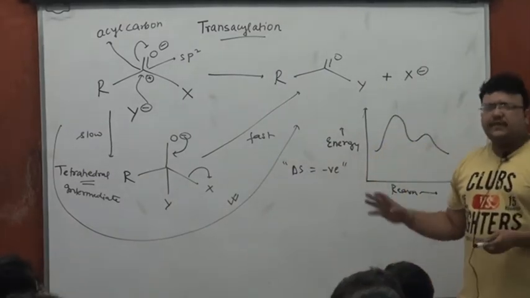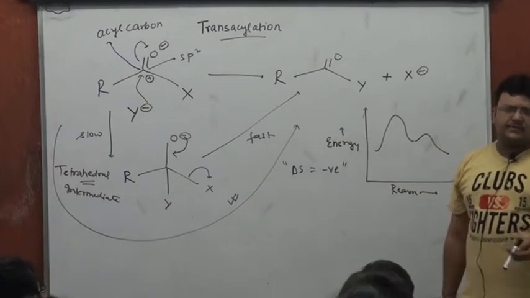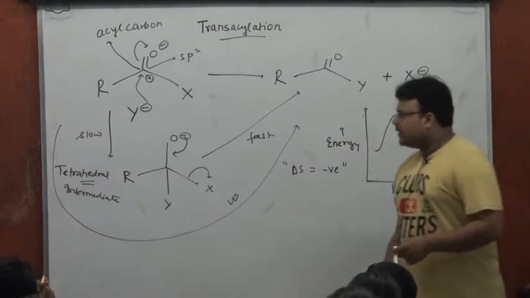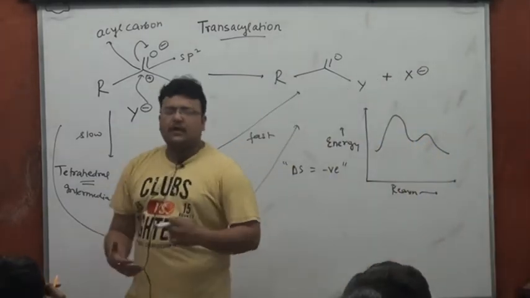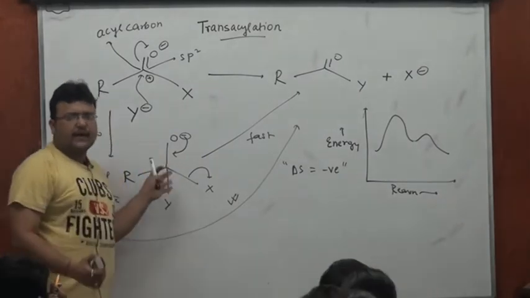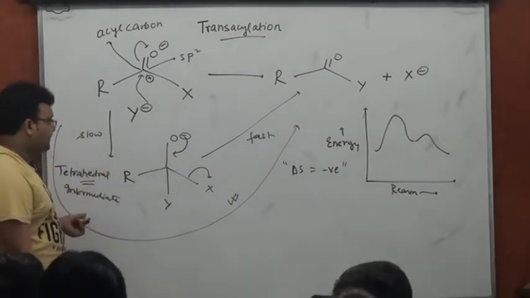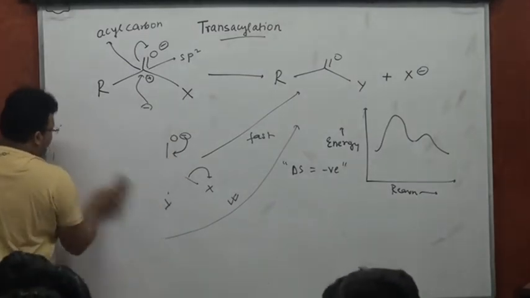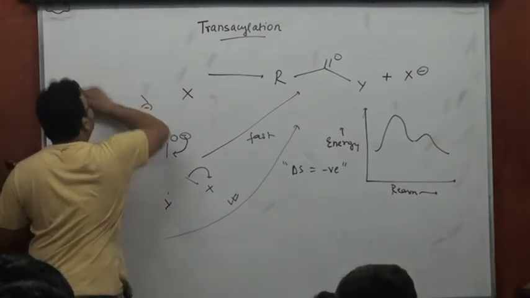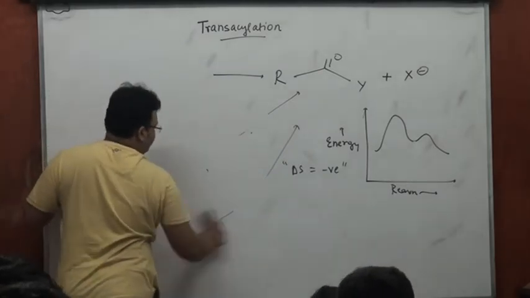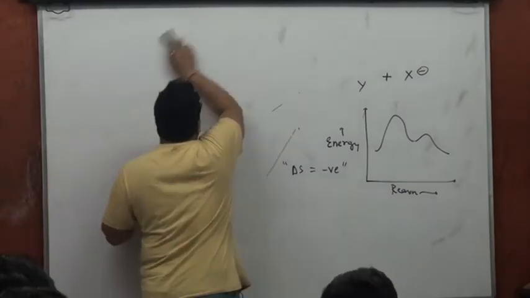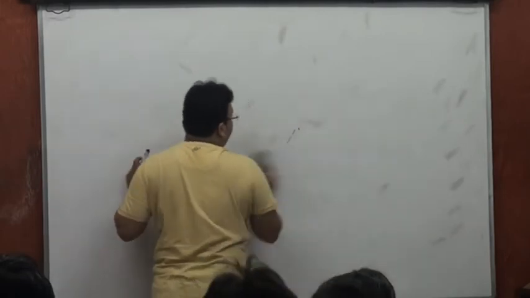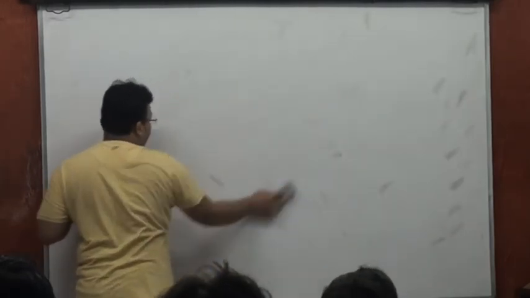And if we are done with the basic understanding of the mechanism proposed, we might want to go into the individual acid derivatives and see, depending upon the nature of X or Y, how easy or difficult it's going to be carrying out the different transacyl reactions. I hope you all have copied it. As I told you, we'll want to again keep it simple, derive some facts, orders from the first principles of organic chemistry,